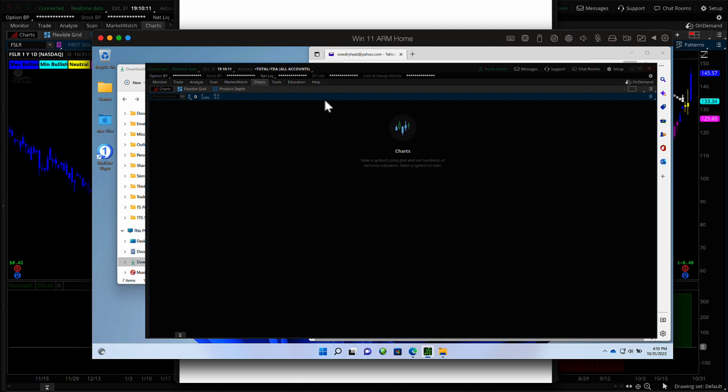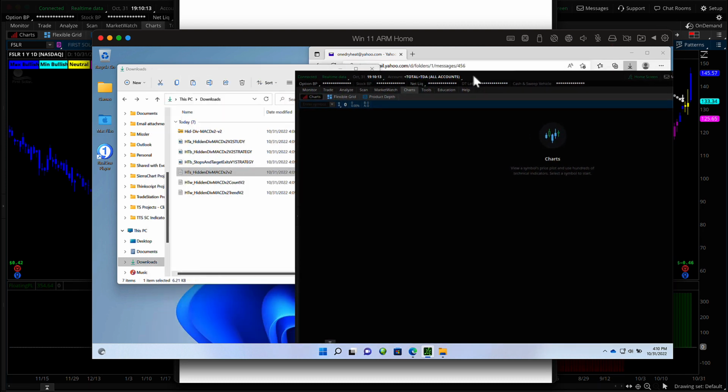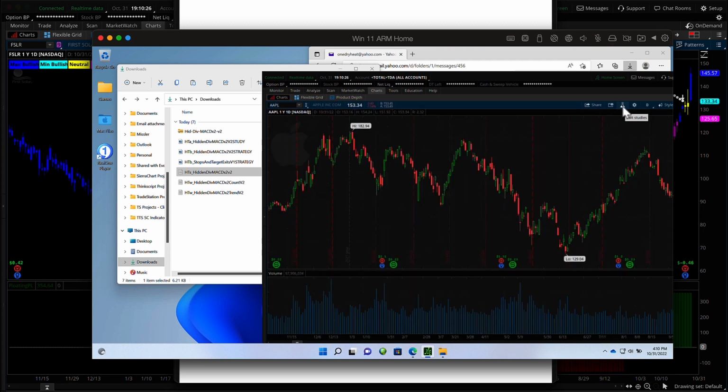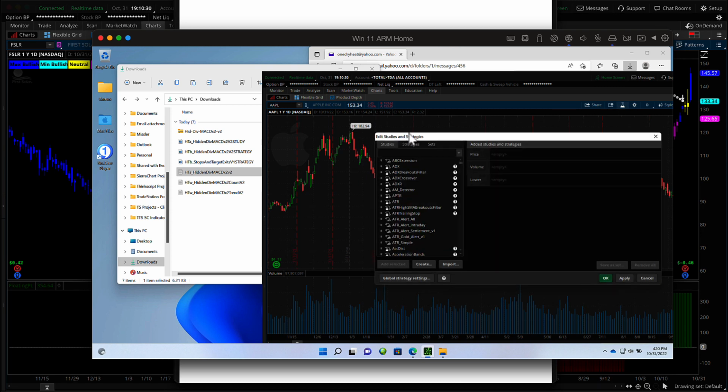So here I have Thinkorswim open in the background. I'll just move this to the side a little bit because I think it's important that you understand how the different files are located in Thinkorswim. I'm going to just put any kind of ticker symbol here on the chart so that we can add a study to the chart, and then I go ahead and click the Edit Studies button, and that opens up the